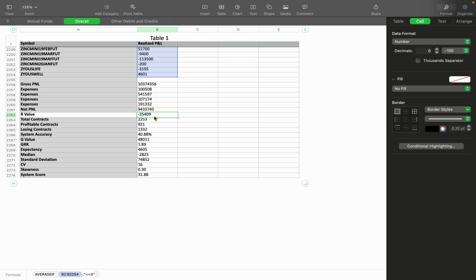Like when you lose 25,409. This is what this data is showing me. Over 2,253 contracts with an accuracy of 40%. Which means not only am I losing, I'm losing more than half my trades actually, as per this data, which is true. And I am gaining 48,000 rupees on an average per trade, which is a risk reward of